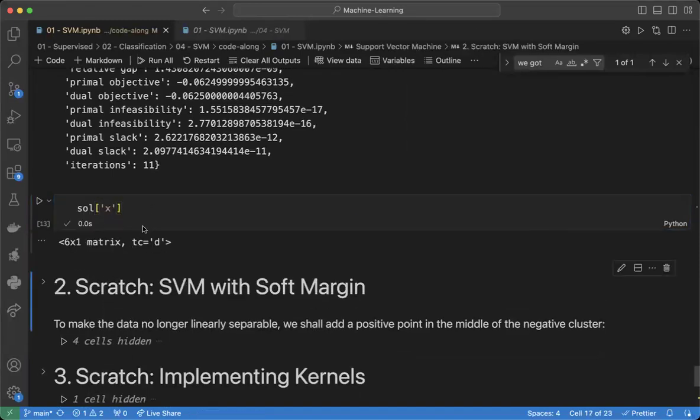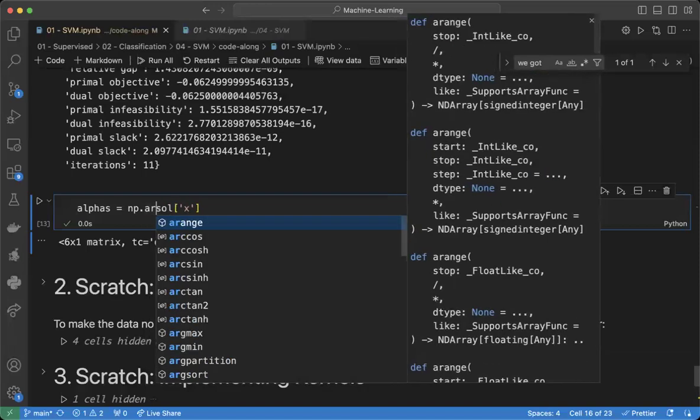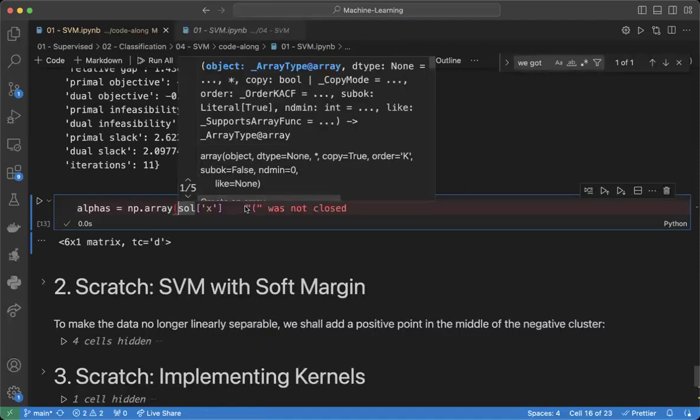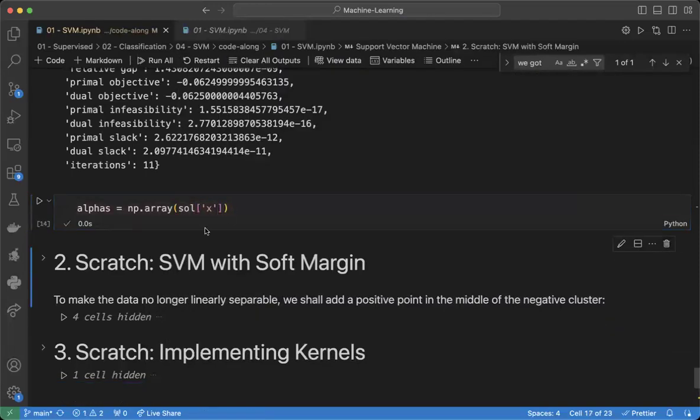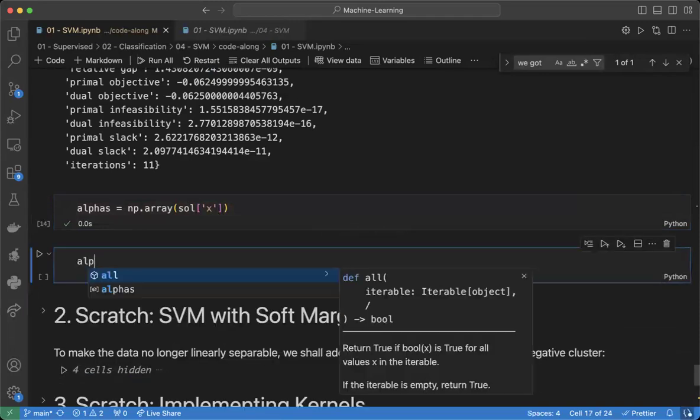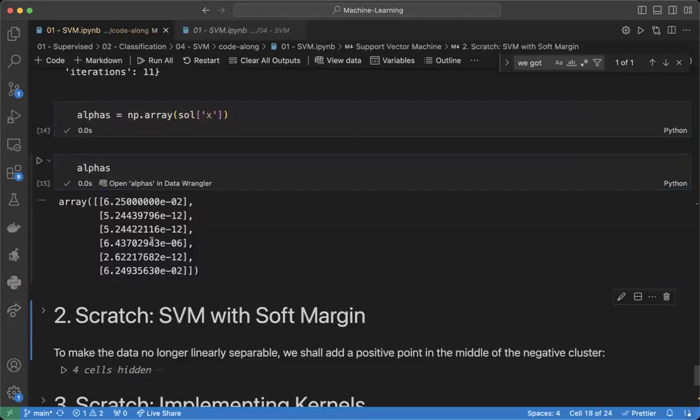All right, and it's a matrix, okay. And in fact, we can do something like this. The solution X contains the alpha. So let's take a look. What is the alpha? Right. So how do you interpret this? Well,